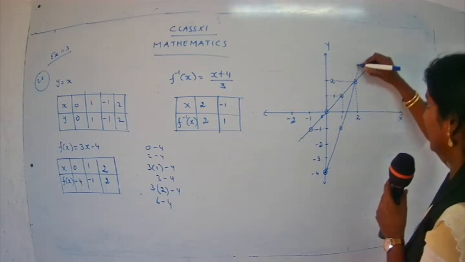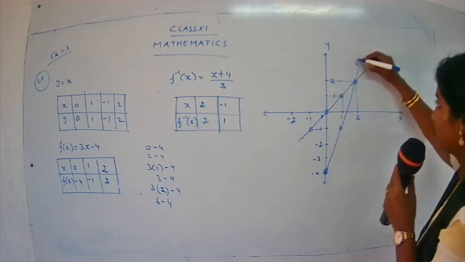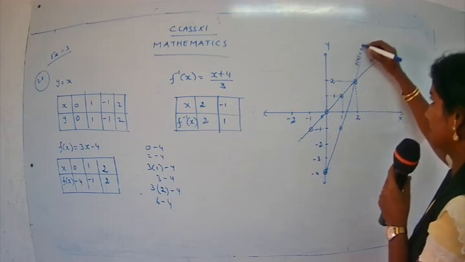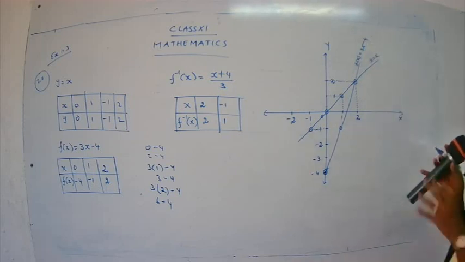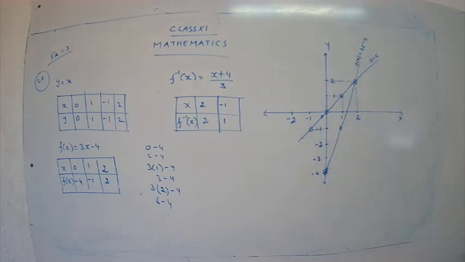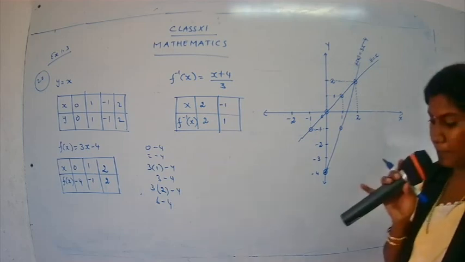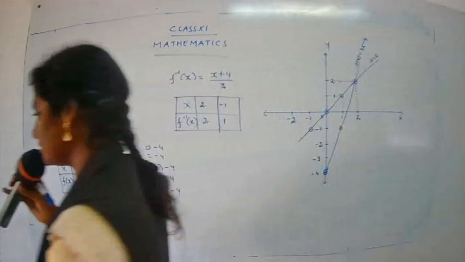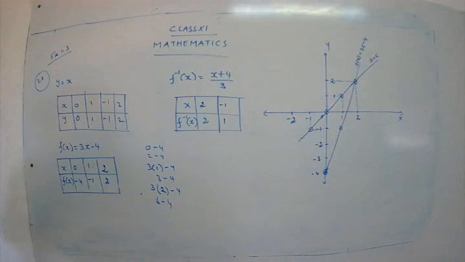Somewhat it will go here. So you have to write down here f of x is equal to 3x minus 4. F of x, we are going to draw the graph in a plain paper. Whenever you mark the numbers 1, 2, 3, you use a scale so that with proper centimeters, you will get a perfect graph. The graph will look perfect like how you do in your graph note.